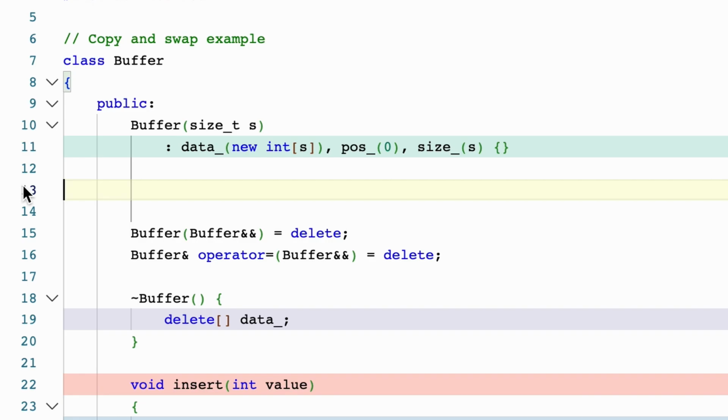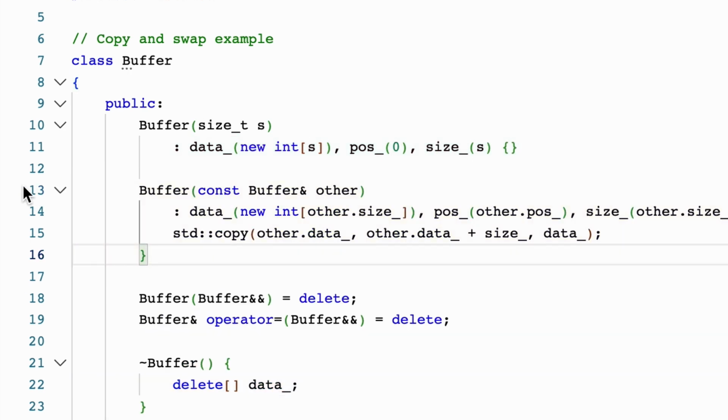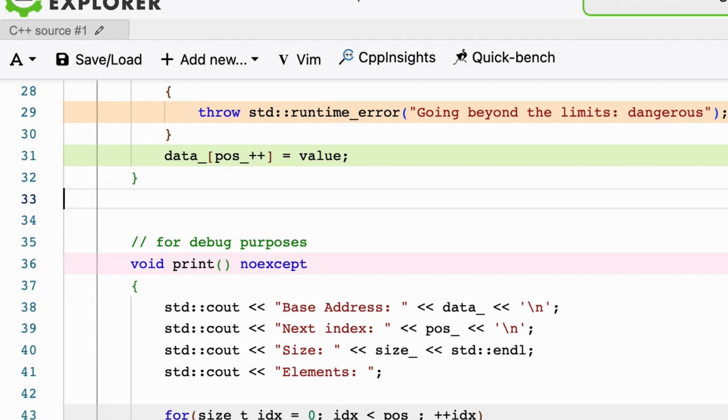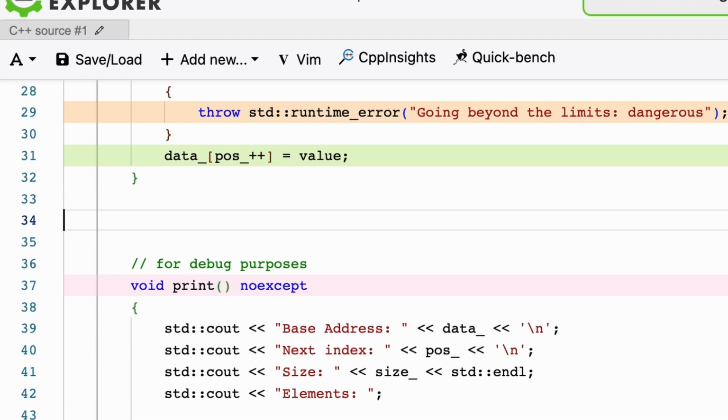In this example, we start from what we wrote before and we just modify a couple of things. The first thing is that we modify the copy constructor, and the copy constructor will be very similar. The interesting part is in the copy assignment operator.